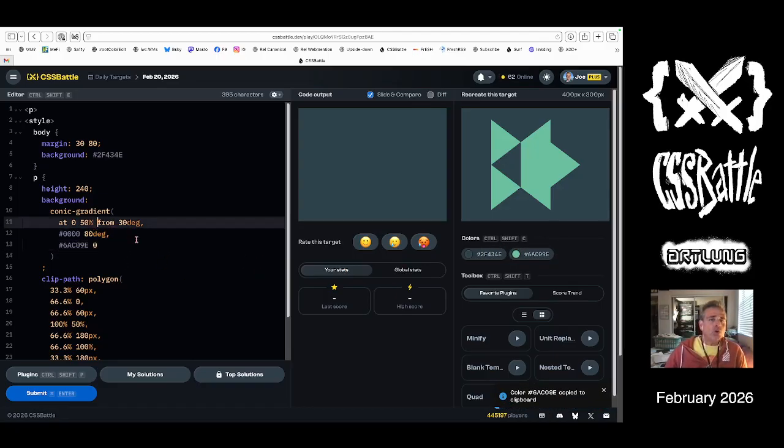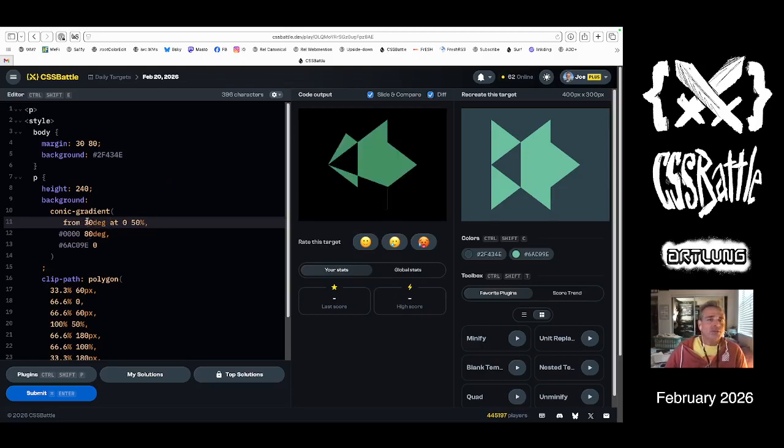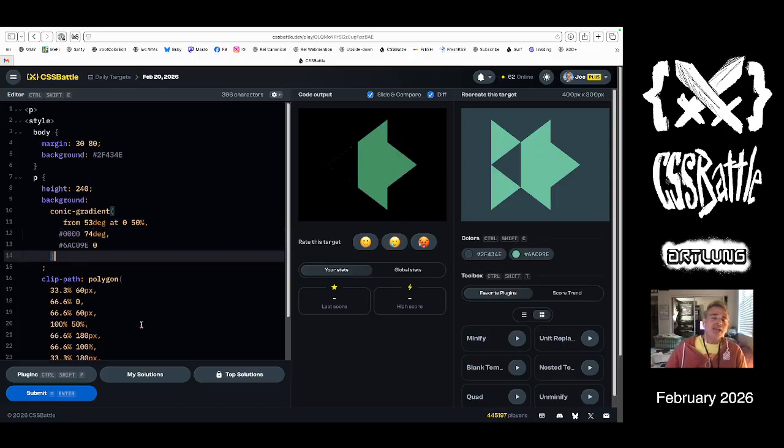And something is wrong. Oh, because from always goes after at in a conic gradient. All right, so there's my estimation. It's not from 30, it's from 40, 50, 51, 52, 53. Sure. And then this angle: 70, 71, 72, 73, 74 degrees. And then I need to change the repeat on that, right? I need to make sure that it's at 0. And then I need to give it a width of probably